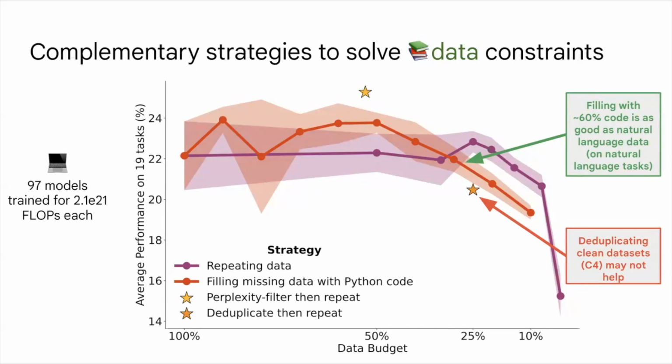You know, should you filter first, or do some specific filtering and then repeat that, because repeating isn't as bad as previously thought. And another example of this, again trained on natural language data: here's C4, and if you repeat C4 twice, you're still getting better performance than training on Oscar just once. Oscar is the other data set that we have ablations on in the appendix. So you're better off sometimes doing some additional filtering and then repeating, rather than less filtering and not repeating.